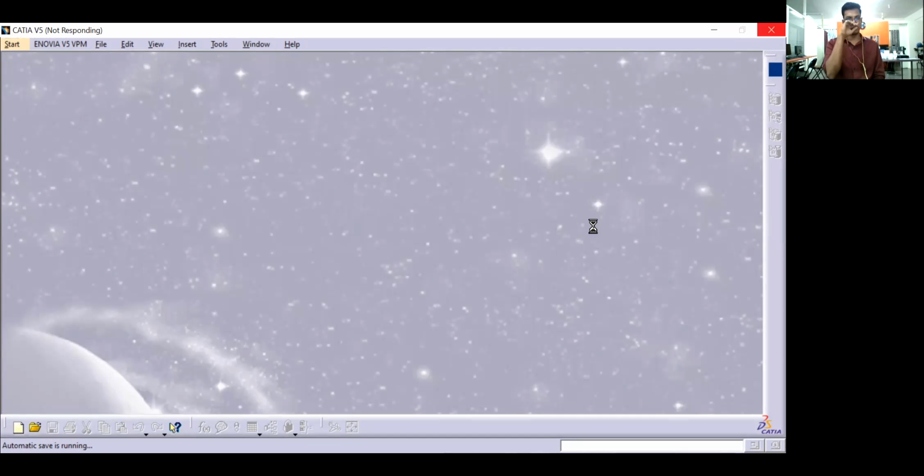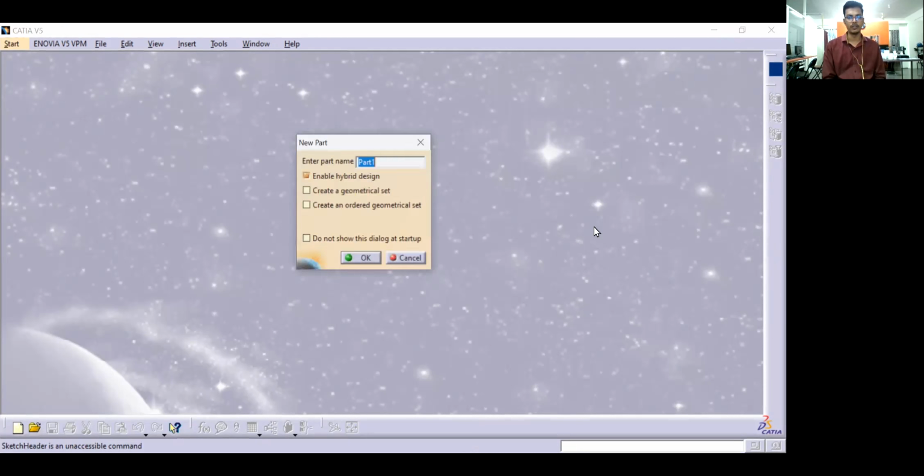Whenever you open a modeling software, it will be in the front face, which is called the 3D workspace, where you'll create the 3D part. If you want to create sketches on the same thing, you need to go to the back face of the software. Okay. Here it will ask what part you are going to save. I'll just keep it as Part 1 and say okay to it.